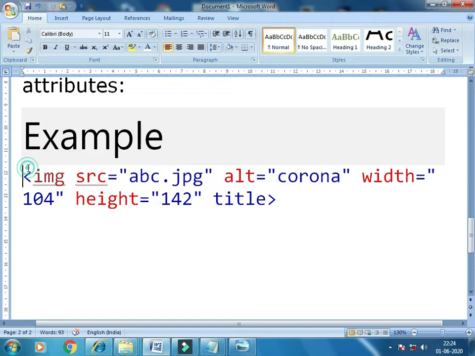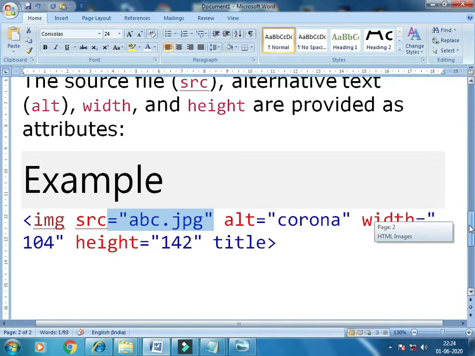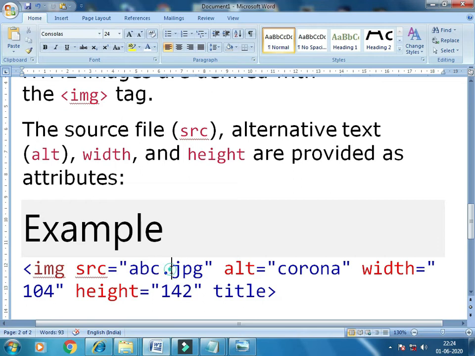The image tag should start with the image tag. Okay, then should be the source file, src equal sign, then we have to give the file name and then the file extension name also, like jpg, png. Okay, the file name should be within double quoted inverted commas.